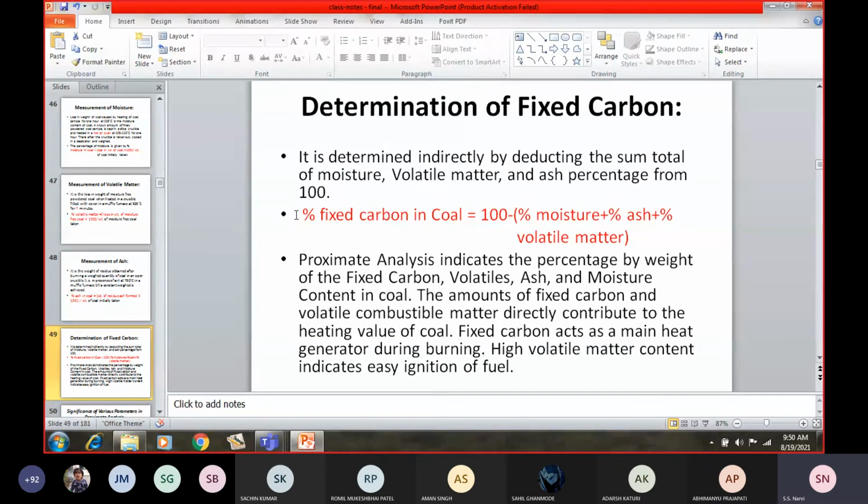But why is proximate analysis done? Because it is easy to carry out near the coal mines. No large equipment is needed. With only simple experimental equipment you can determine the volatile matter content, moisture content and the ash content. And from there you can determine indirectly the percentage of fixed carbon, and you will determine the sulfur content from the bomb calorimeter, and then you can grade your coal accordingly.